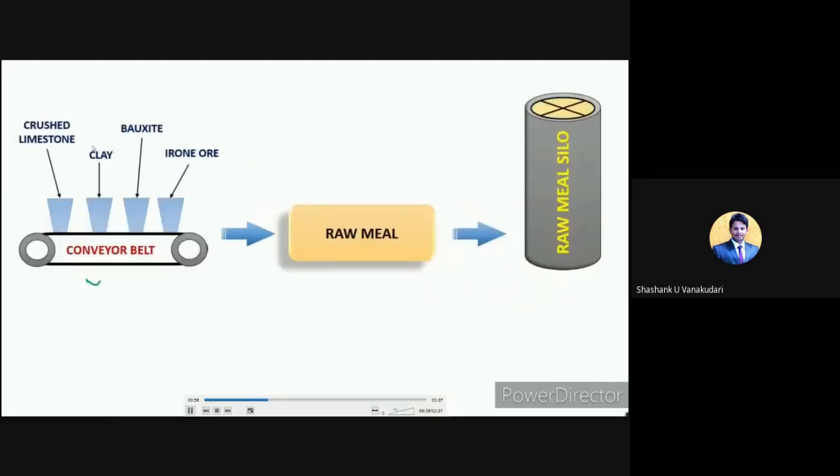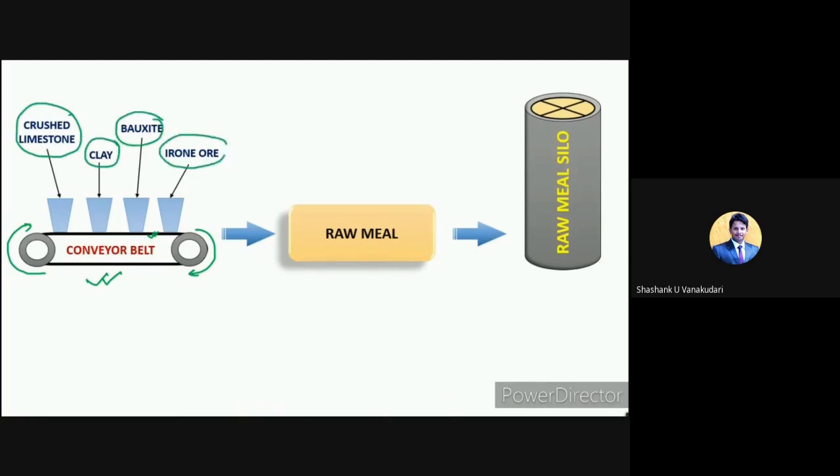They store that in the required location. This is the conveyor belt, which has a rotating axis, meaning it rotates in a certain direction. Here you can see it consists of limestone, clay, bauxite, as well as iron ore. These are the raw materials required for this manufacturing process. Bauxite and then iron ore. All these particles are sent to the raw mill.